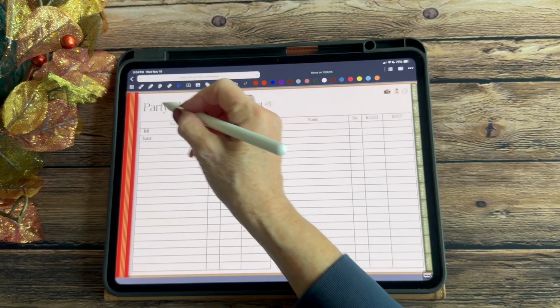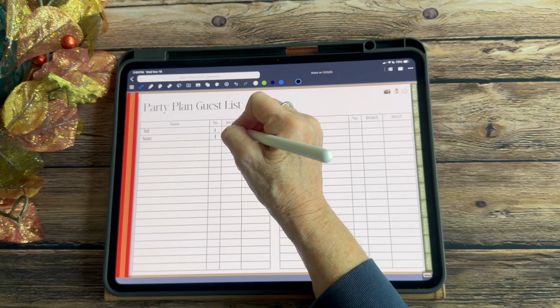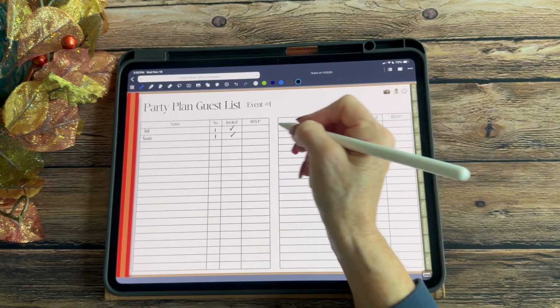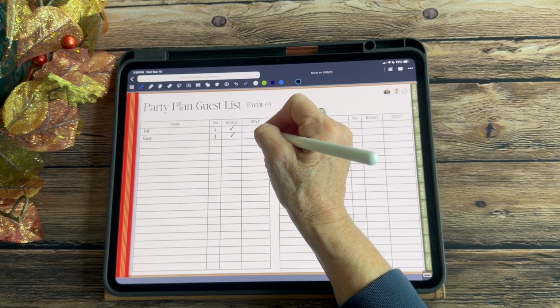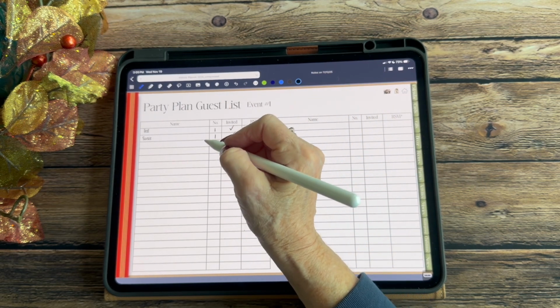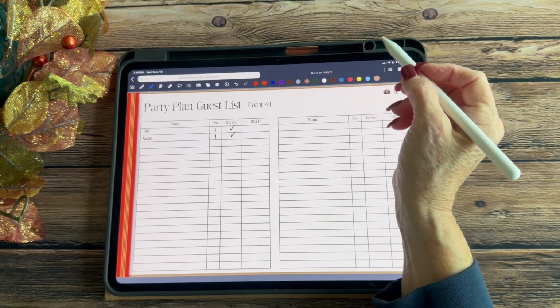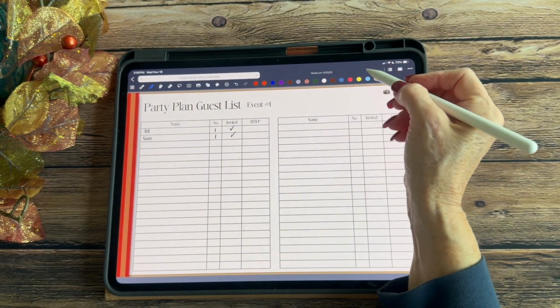And each one of those is going to be one guest. And if I invited them, I'm going to check it off. And when they RSVP to me, either yes or no, there are many ways you could do this,